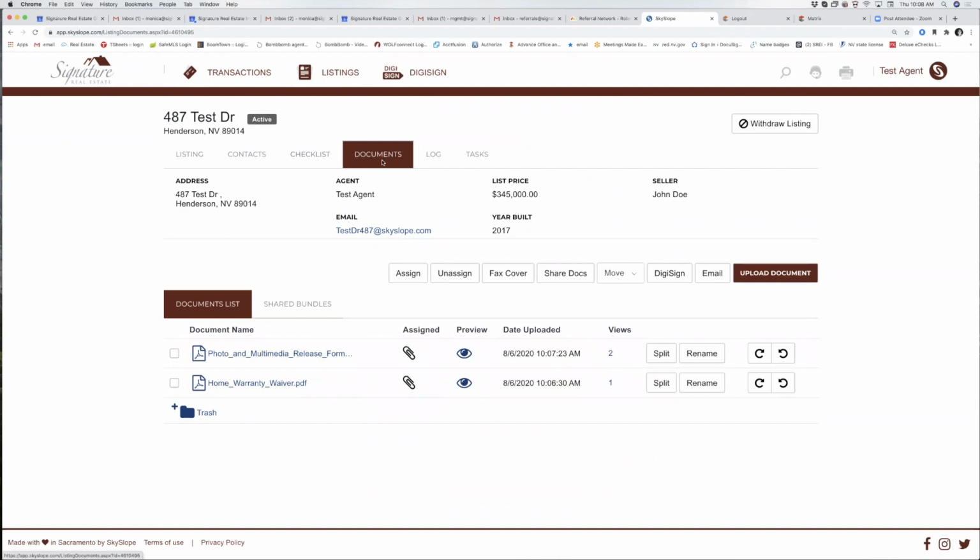If I wanted to bring, let's say I have the whole listing packet and the client wanted to send them all to me at once, or I wanted to send them to myself, okay? I have them all signed and I just want to send them into this transaction, I can do that. This email right here, let me get my pen. If I can find my pen real quick. Oh, here it is. Okay, so this email right here